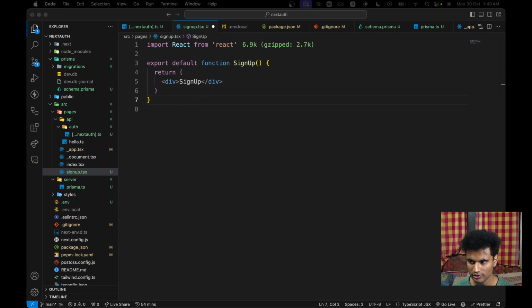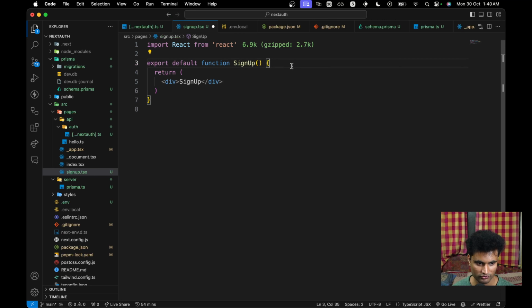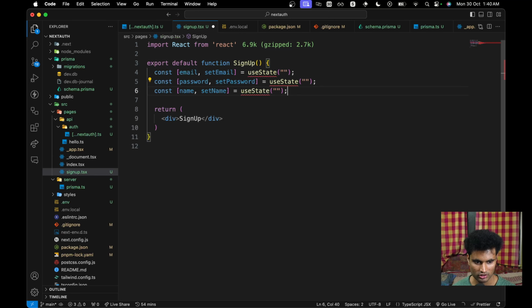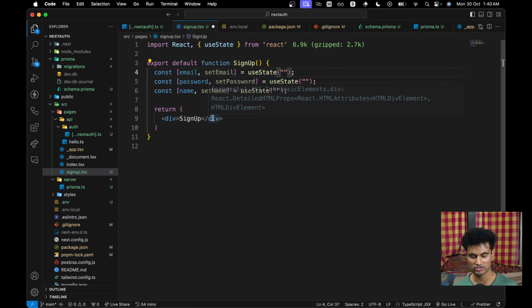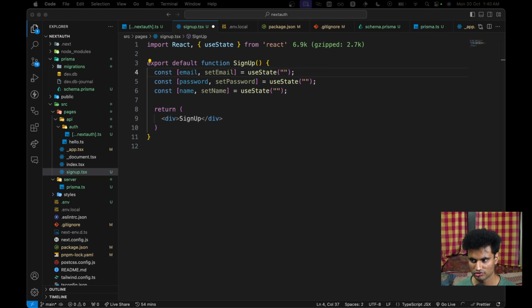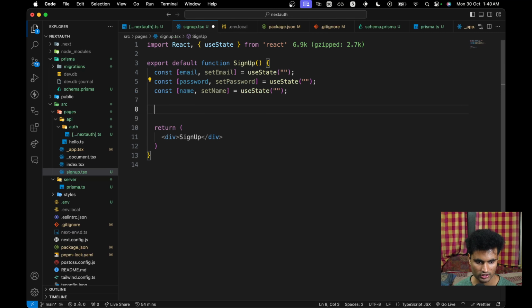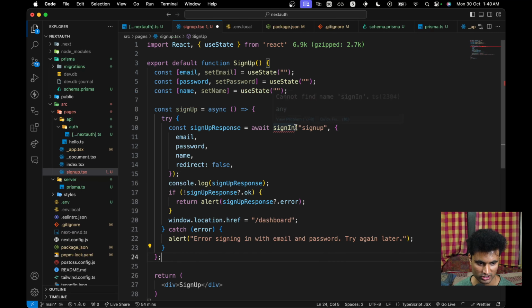So before we do anything, we need to have 3 states which will keep track of 3 text boxes. These are going to be email, password, and name, and we are going to use this to keep track of the text boxes. And then we need a sign up function which can be triggered with a button through the UI. So what this sign up function does is